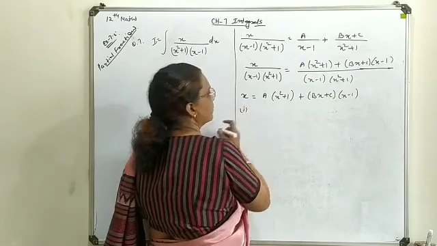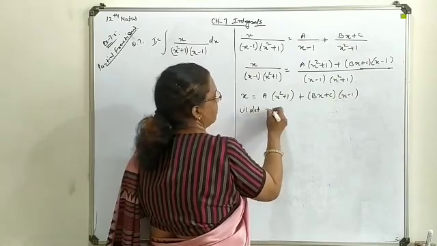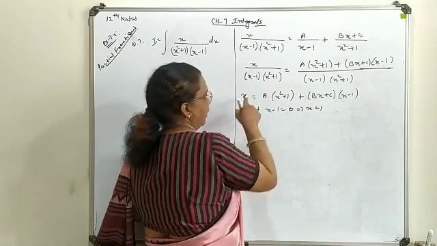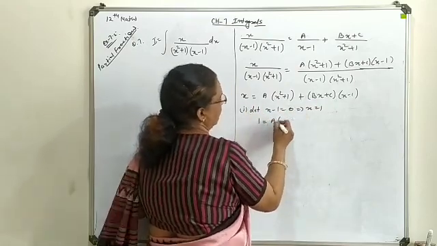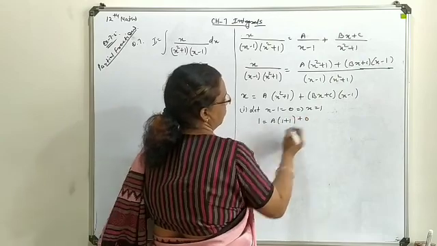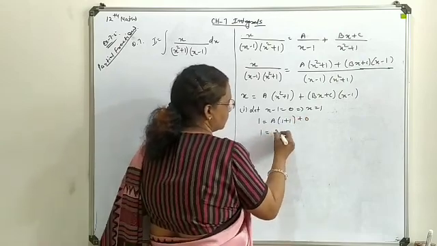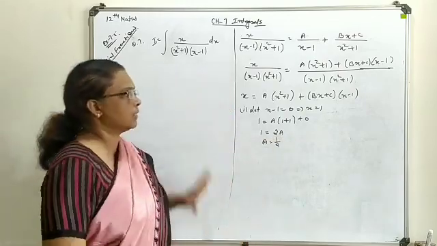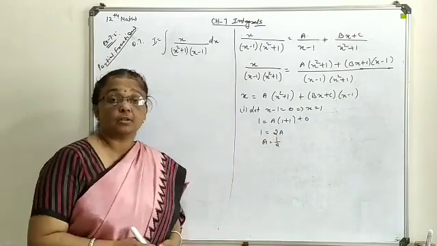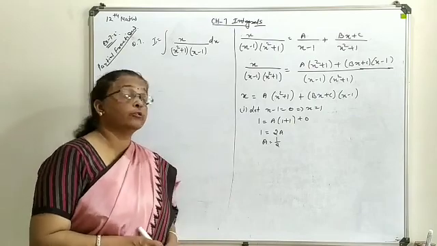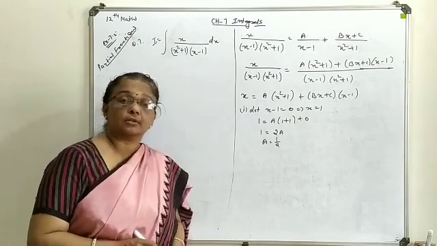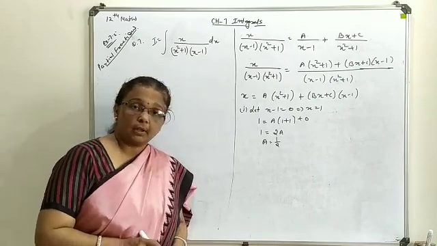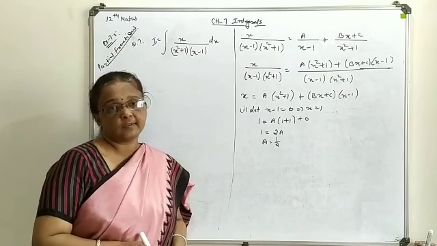First one, let x minus 1 is equal to 0, means x is equal to 1. Substitute everywhere. This will be 1, this is 1 square, 1 plus 1. This will be 0. So your A here comes out as 1 by 2. Now in such a situation, when it is not possible to evaluate any more factors as 0 and find the constant, you will compare the coefficients of x square, x and constant, whatever is needed.